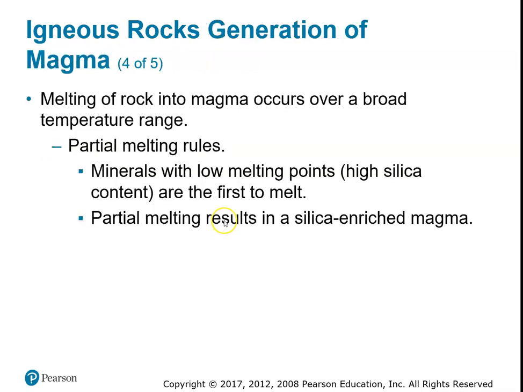All right, let's look at the next one. Igneous rocks: we have generation of magma. The melting of rock into magma occurs over a broad range. That's important, actually. It doesn't happen at one particular